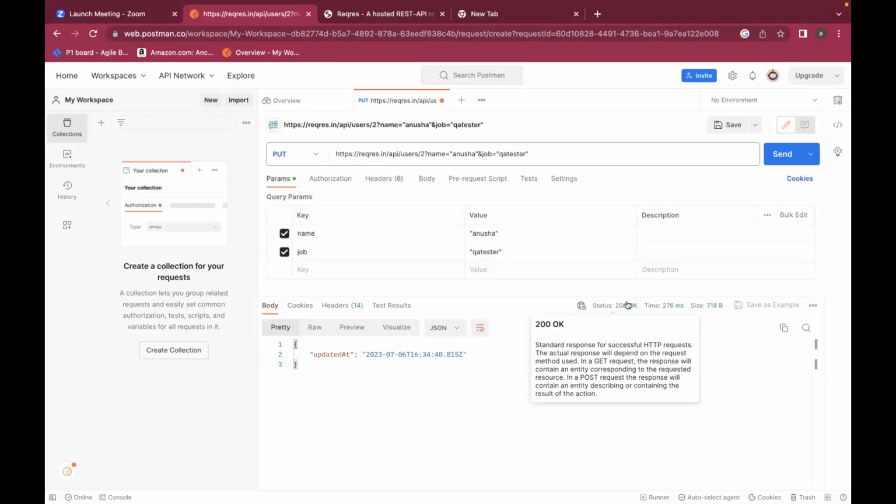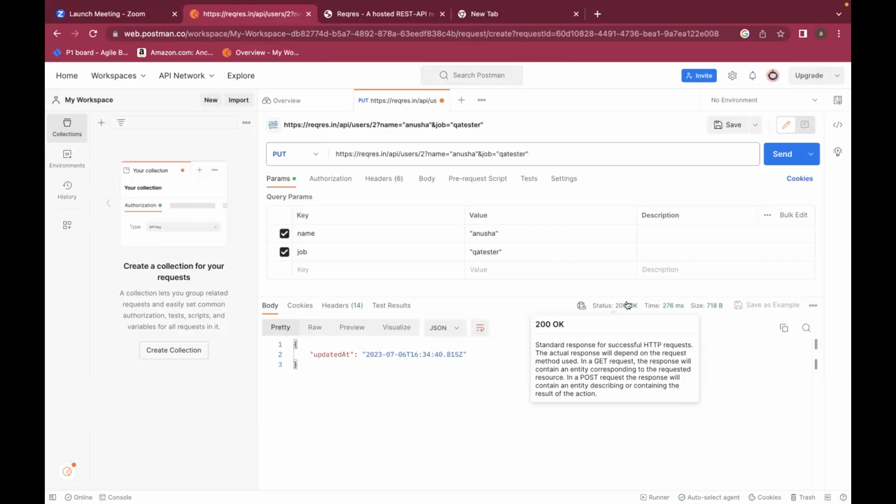Your developer will tell you what kind of endpoint and method you need to use. But understand that put is used for updating your entire resource, while patch is only for partial data update.